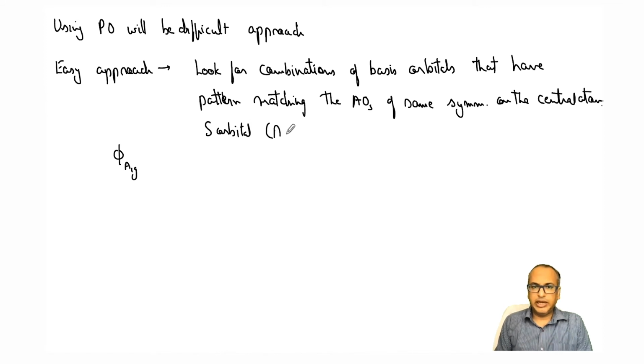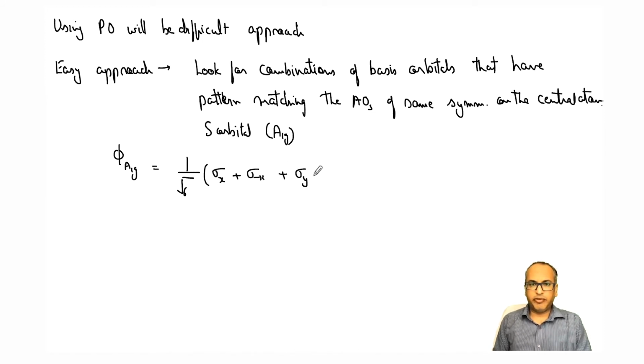The s orbital is A1g. That means the 6 SALCs should have the same combination or same phase as the s orbital. I'm directly writing after normalization, so 1 over root 6. If I combine sigma x plus sigma minus x plus sigma y plus sigma minus y, so all of them have the same phase,